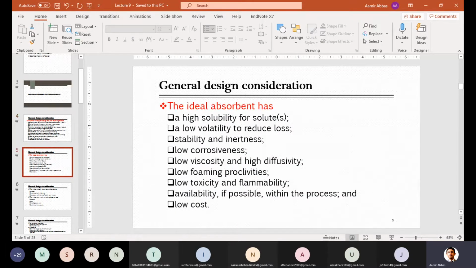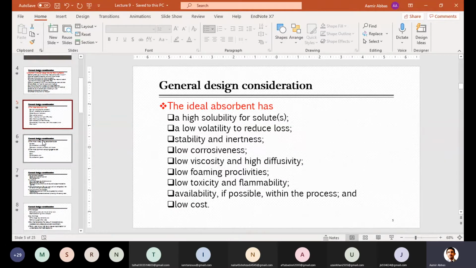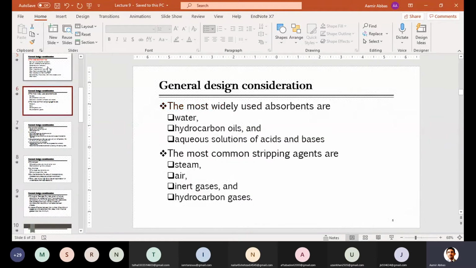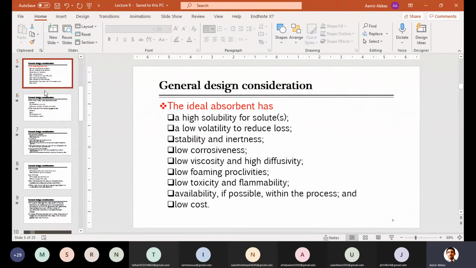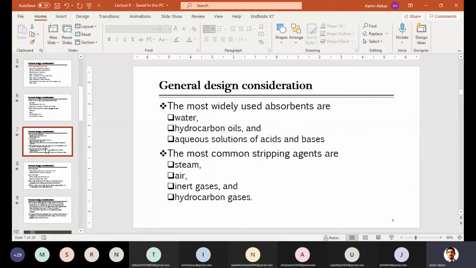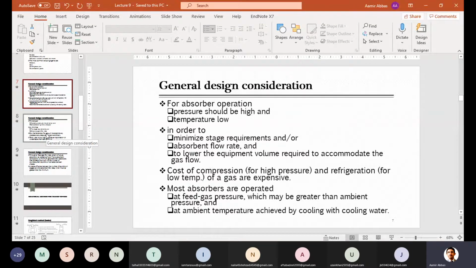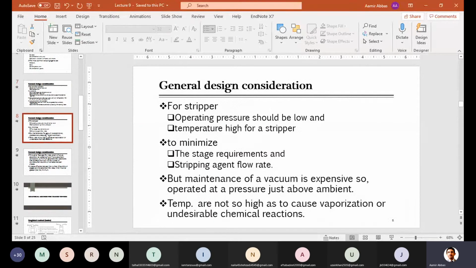Also about, for example, the material of construction of those packings, a few points were discussed if a corrosive solvent or corrosive gas is there. If you know this information before starting the design, it will be helpful for you to select the specific equipment. And then we also discussed the characteristics of an ideal absorbent, and when looking at the working of the absorption tower, the main effect of temperature and pressure, and how they are controlled or varied.